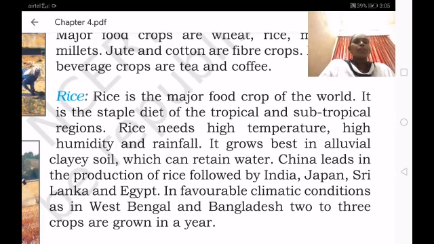So, children, rice is the main crop that grows especially in high temperature, high humidity and rainfall. Wherever this climate is found, they will grow rice. It grows best in alluvial clay soil.